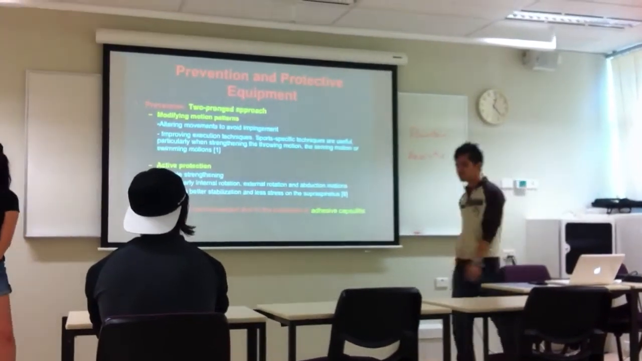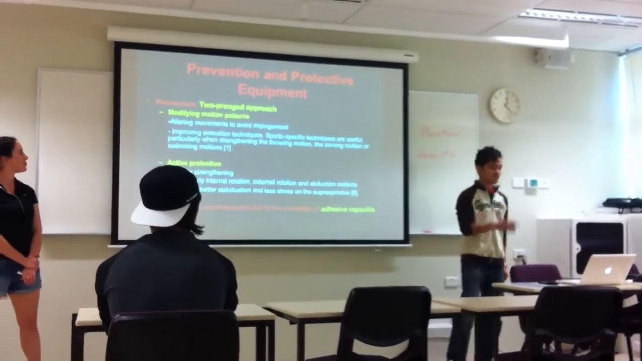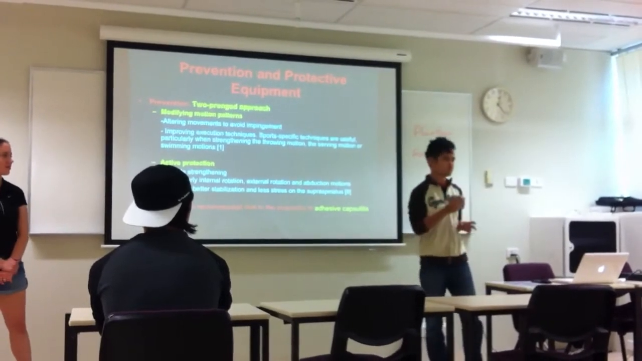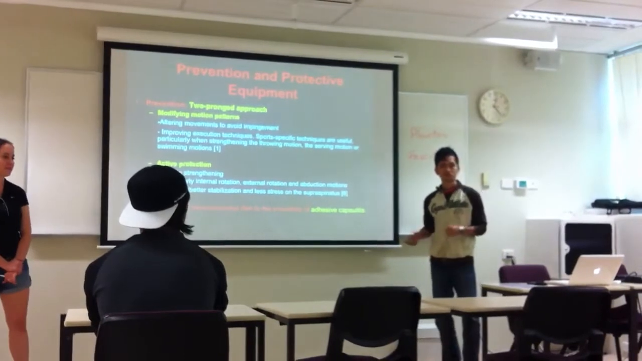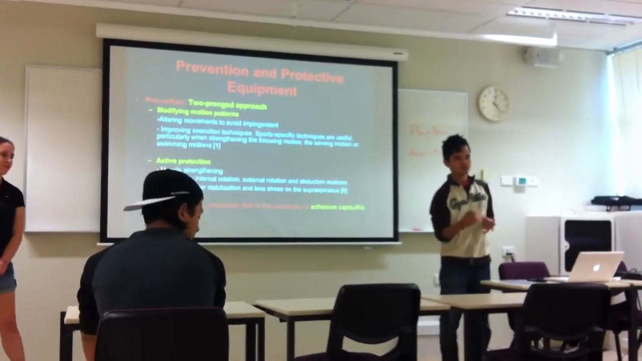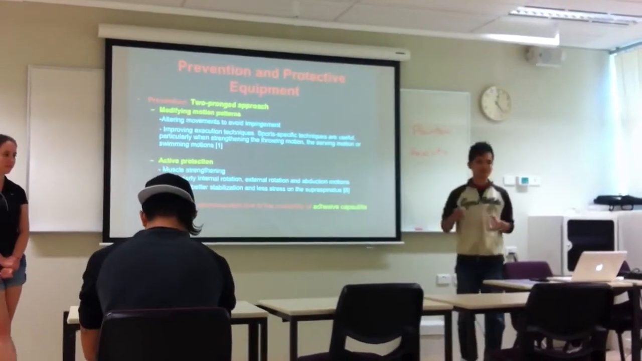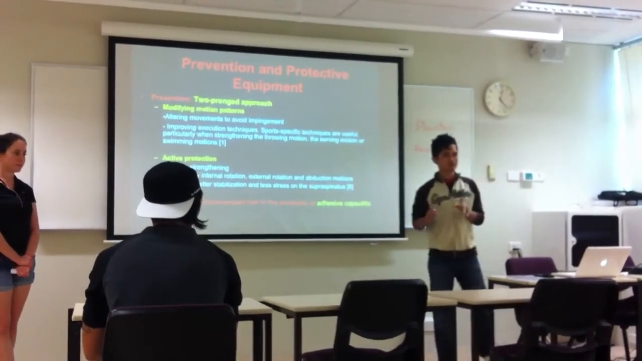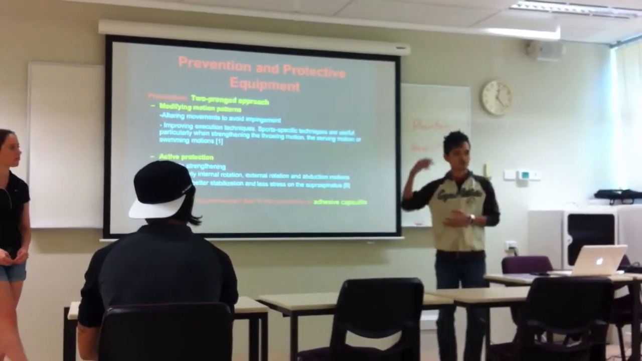Alright, prevention and protective equipment. We generally have a two-pronged approach, right? First, we try to alter our normal movements in order to avoid impingement, and also improve execution techniques. We can try to move in a different way and execute your actions in a way similar to the action that you normally do, but slightly different. Case in point, let's say you do swimming exercises and you have a rotator cuff